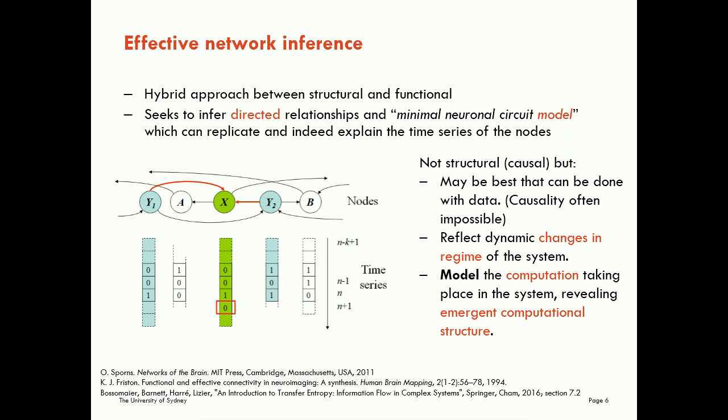And you can start to see that the way I'm describing effective network inference here in comparison to the structural inference has a lot in common with the way we described information transfer with respect to causality in our previous session. So it should be no surprise to you that in the short videos coming up, we're going to look at transfer entropy as a measure that we can use in effective network inference here. Before we get to that though,